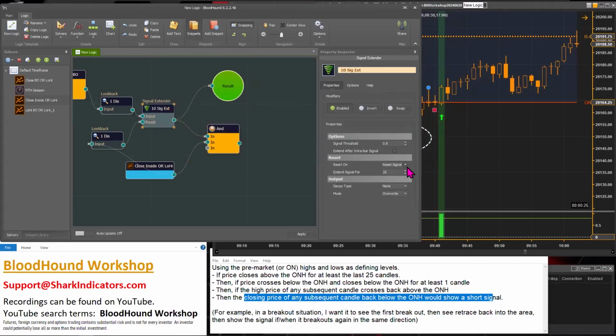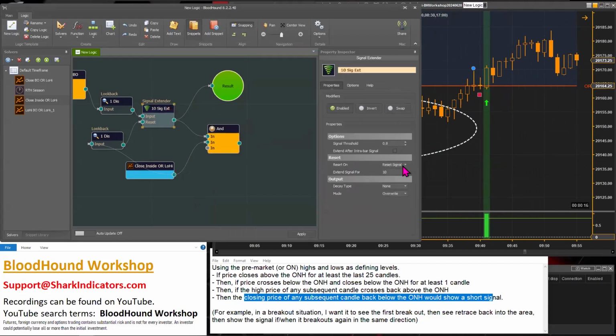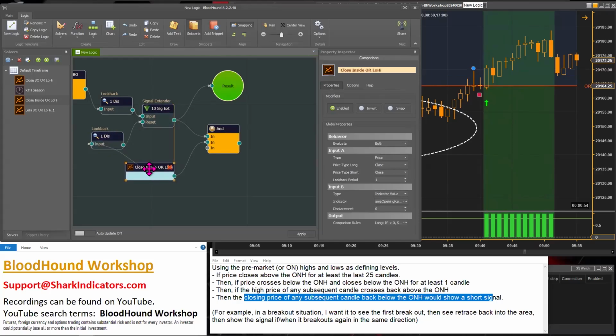And, oh, it was already, yeah, there we go. Shoot, I was hoping that you guys could visually see what was going on here. But, yeah. So if I turn off the reset signal here, there's our signal extender, extending out for 10 bars. And with this output of the closing inside the range,